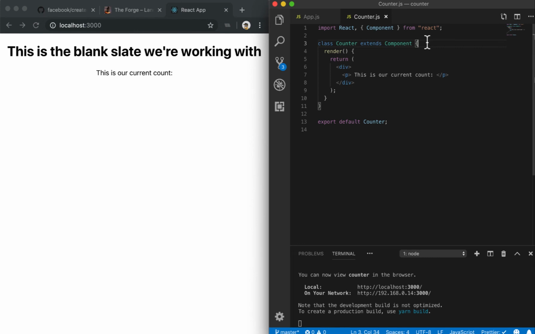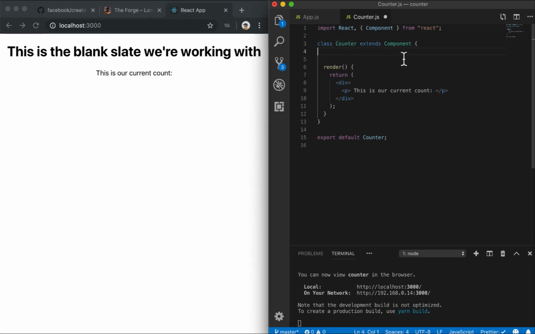Now, we need a way to keep track of what that count is, and the way we do that is using a tool called state, which, like I said, is sort of a way to keep track of instance variables. The way we're going to use this state is first by creating a function called a